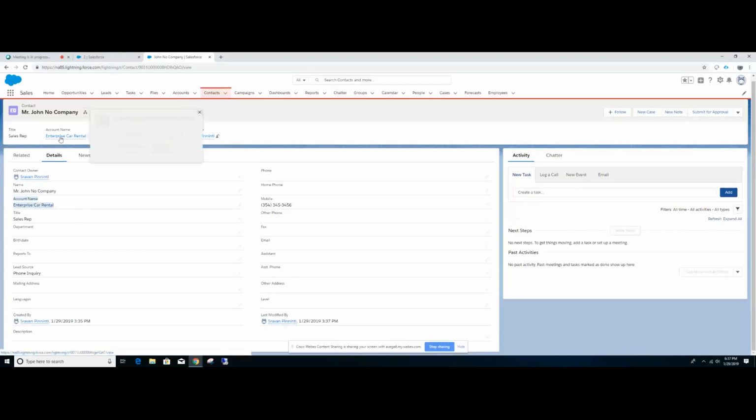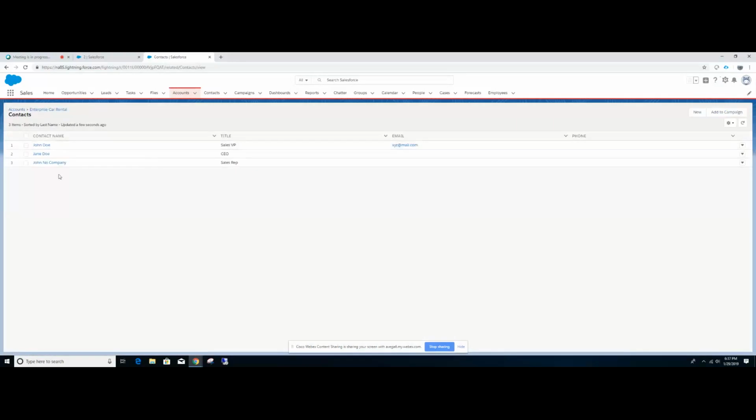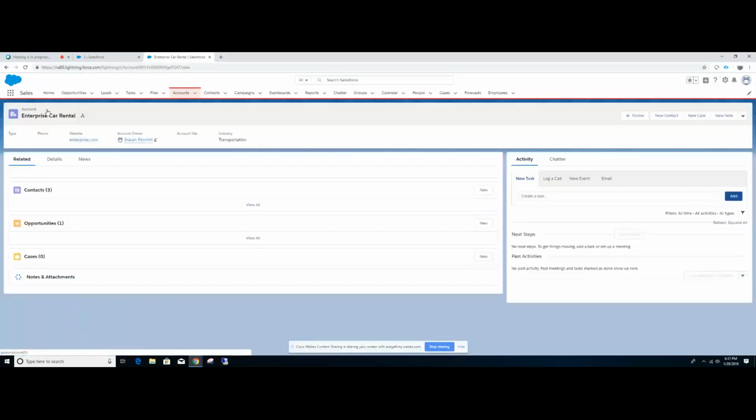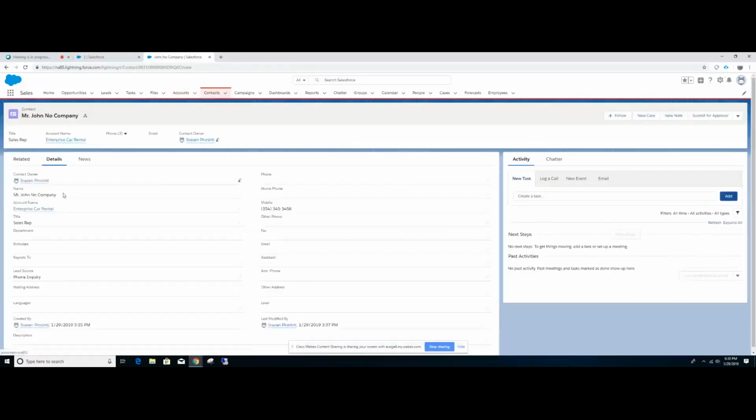So what happens now? If I go to Enterprise Car Rental, I'll see three contacts now. Under Enterprise Car Rental, I'm seeing John Doe, Jane Doe, and John No Company, because I linked the contact to this account. But before that, when I created this contact, did I have this lookup populated? No, I did not have this lookup field populated. This kind of flexibility is possible only in a lookup relationship. That means you create a lookup relationship between objects